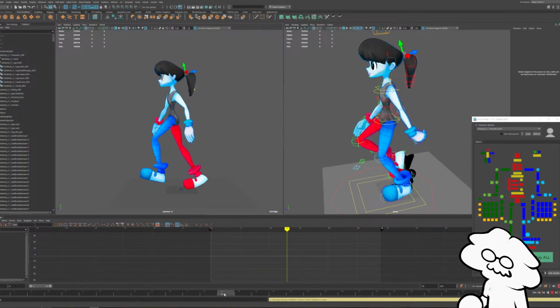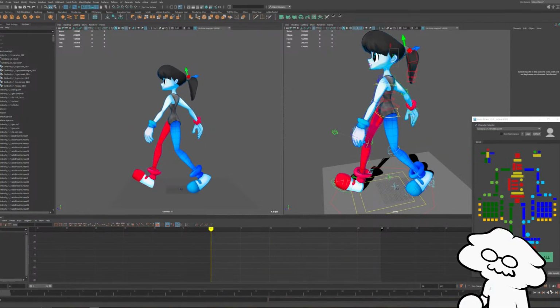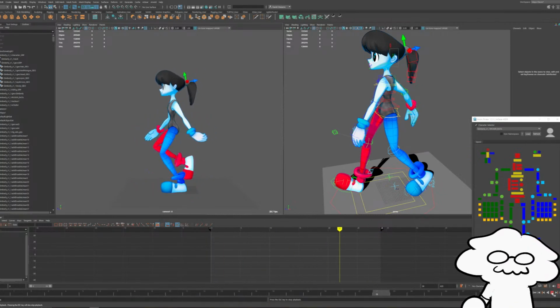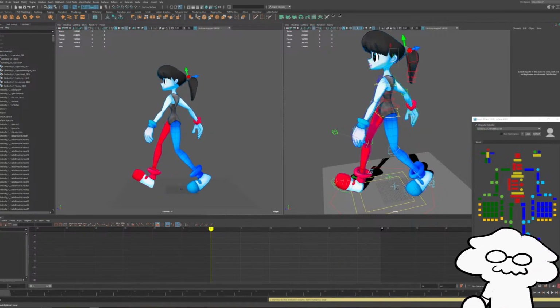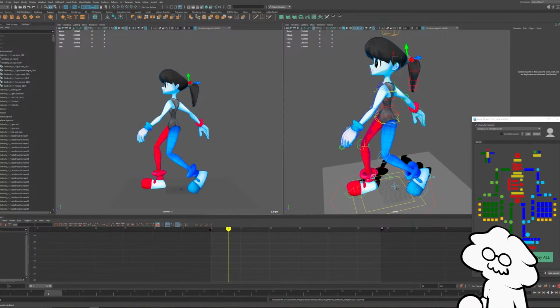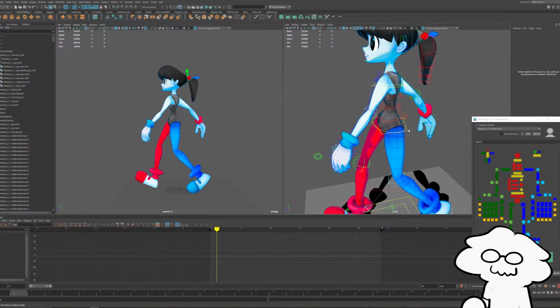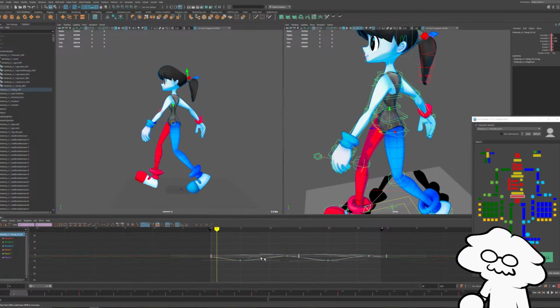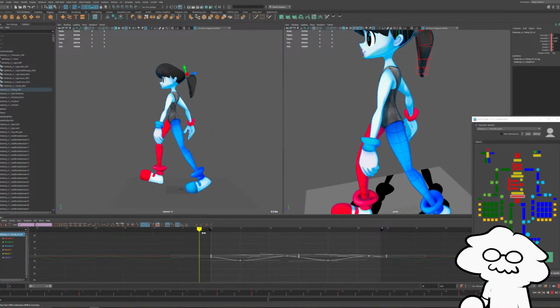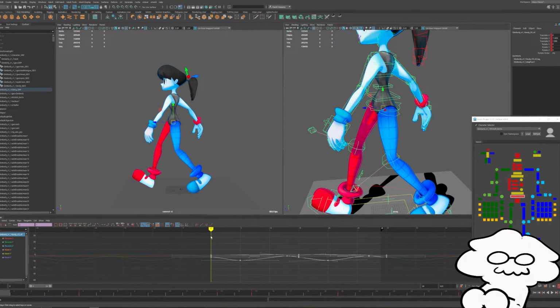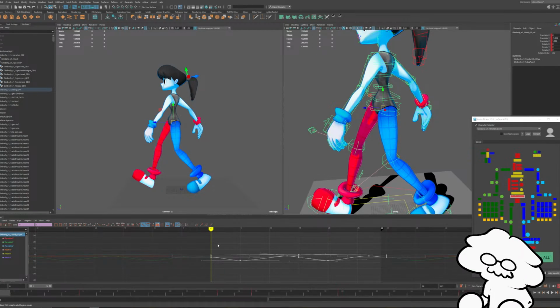And then, just by looking at it, let's go frame by frame here, actually. So I could probably delay the upper body movement just a smidge, which would probably help the downward movement as the character is taking a step.